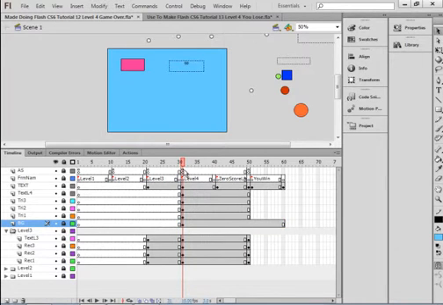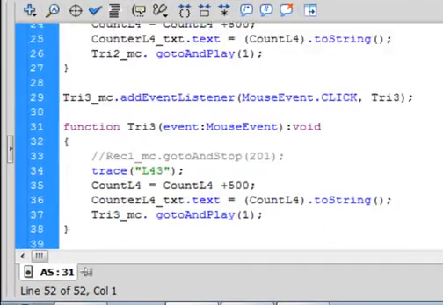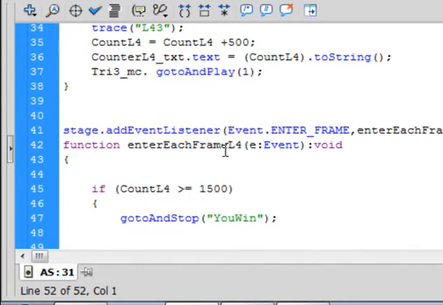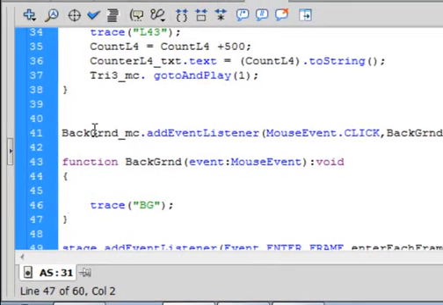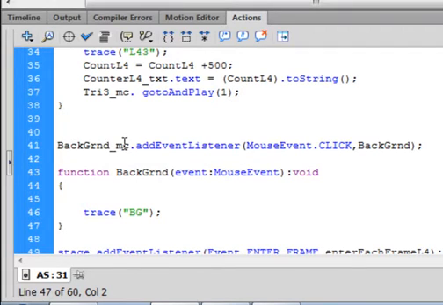Select the actions frame here for level 4. Open the actions panel. Come way down to the bottom. Before this stage event listener, put a couple enters in and type this code. Background underscore MC, that's that movie clip we just made, period. It's an add event listener, open bracket, mouse event, period, click, all capitals for click, comma, background, BACKGRND, close bracket,